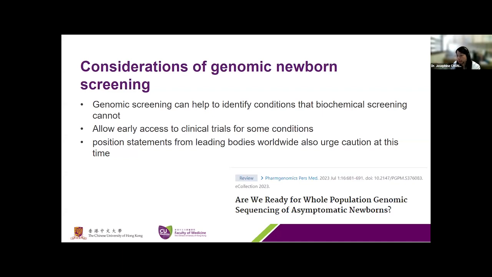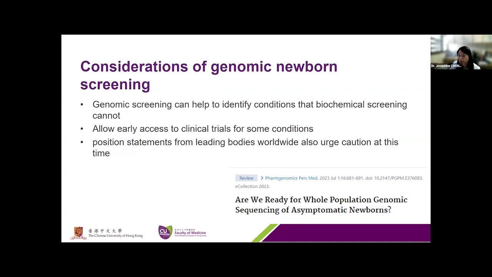quite clear that definitely those genomic variants are causing disease. Those patients being identified so early on may have a higher possibility to go into different clinical trials, because there are different clinical trials for different rare genetic conditions. Sometimes the inclusion criteria may be set such that a patient who presents or is diagnosed later on, at a stage which may not fit the inclusion criteria, may lose a chance to join the clinical trials. So early diagnosis may help this group of patients to get early access to different types of